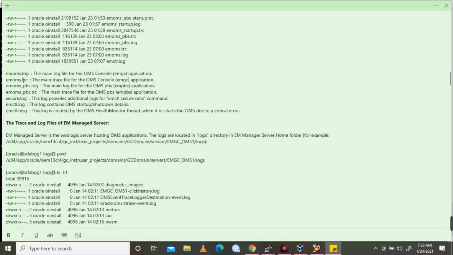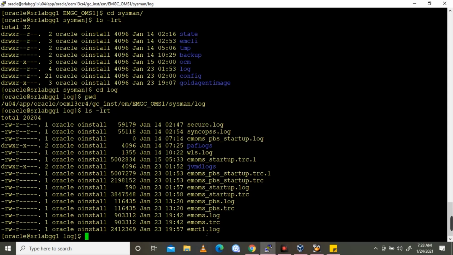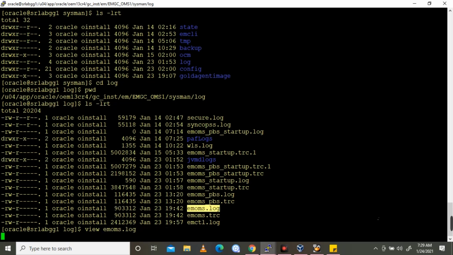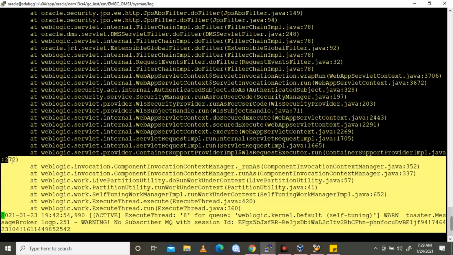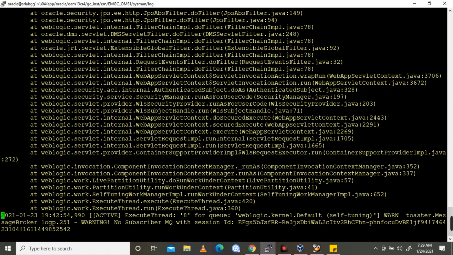So the emoms.log is the main log file for the OMS console EMGC application. This is the main log, emoms.log. You can see what it has. The OMS related issues are reported here. So if you have any issues with the OMS, you can go and check the emoms.log.